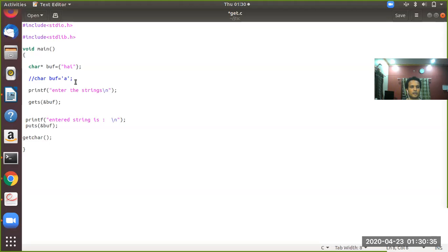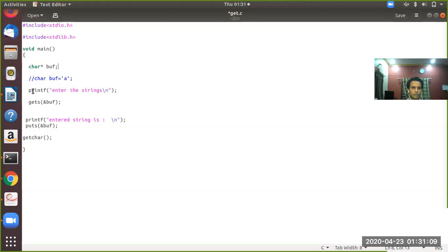Declaration is done. Then you have to receive something now. Sorry, before that, I will make this uninitialized. Uninitialized means I'm not assigning any value. I will simply terminate that with a semicolon. Fine. So having declared an uninitialized character array or character pointer variable, the next step in the program is to receive the string, a group of characters typed from the keyboard.